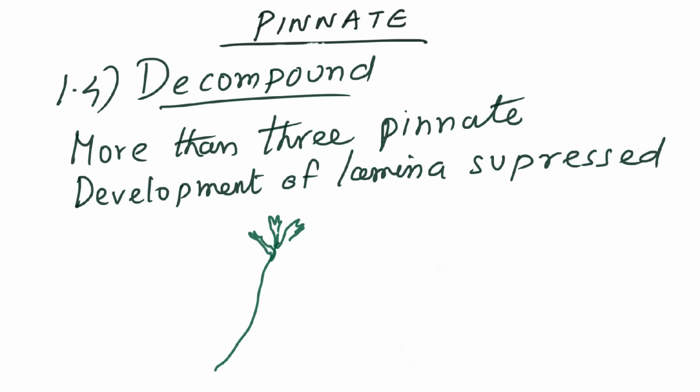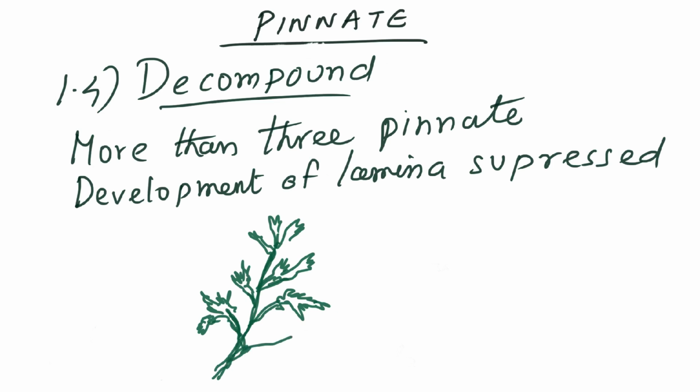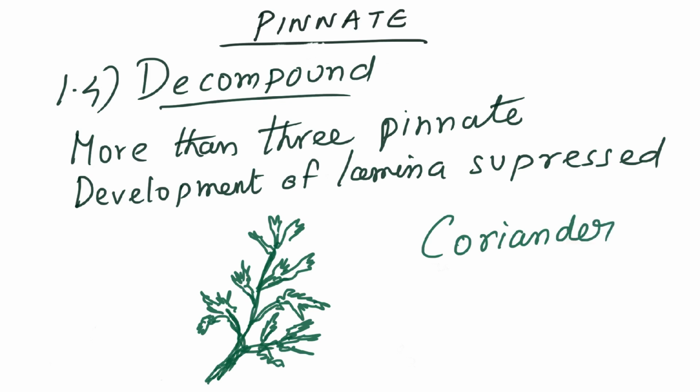That's a key point, and a very interesting, notable development, especially from the examination point of view, is that in this case, the lamina, that's the leaf blade, is not well developed. What I mean is that it is suppressed, and as you can see in the diagram, it looks like an underdeveloped lamina, and some quite notable examples are coriander and carrot. So that's about